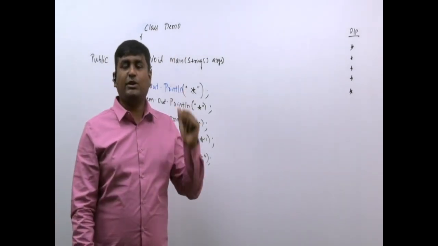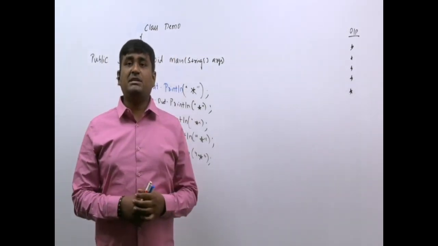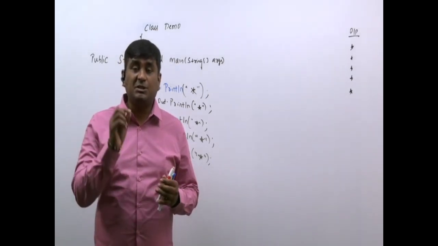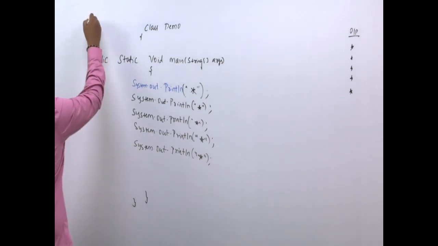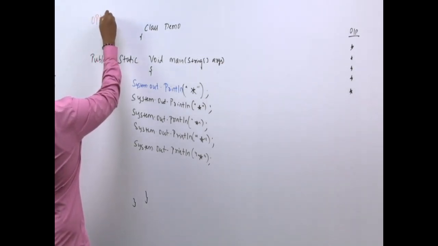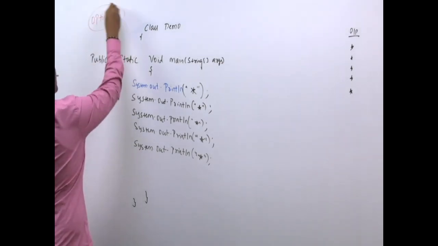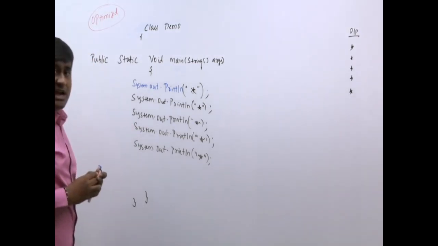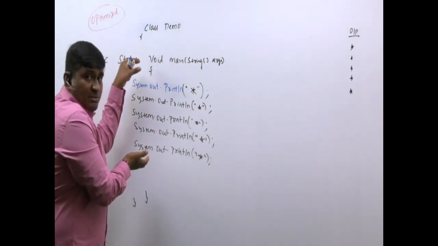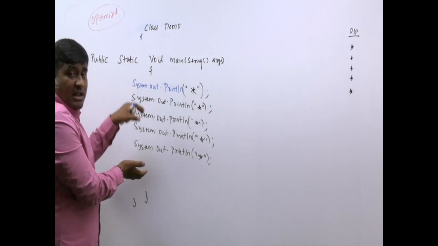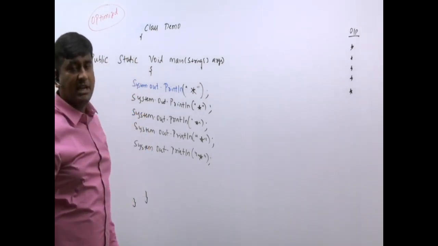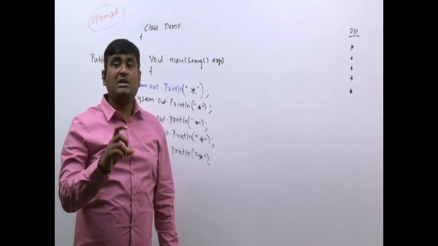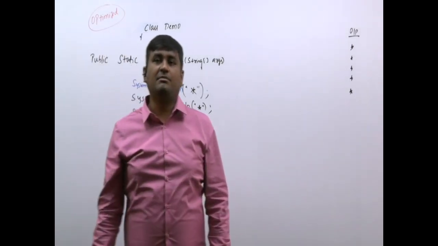This is not the way to write the program. In fact, what companies are expecting from you is to write such programs which are called optimized programs. Oh, what is this, sir? Optimized means what, sir? Optimized programs are such programs that should have a minimum number of lines, and in less execution time your program should get executed. Such programs are only called optimized programs.